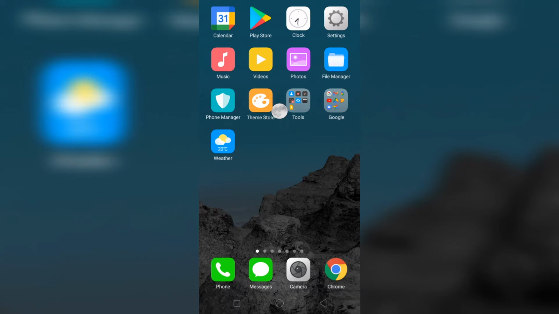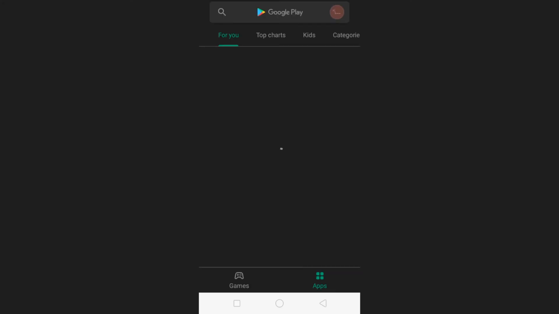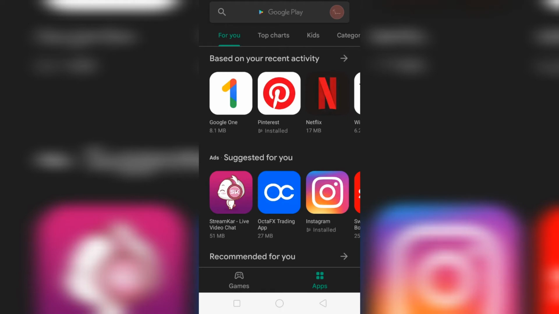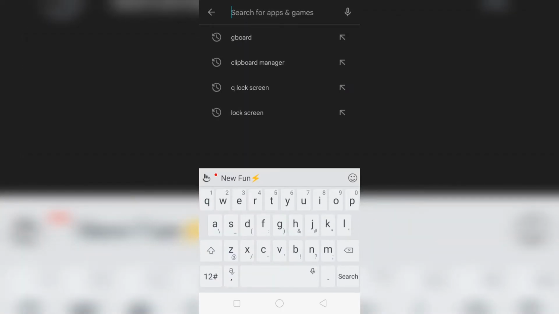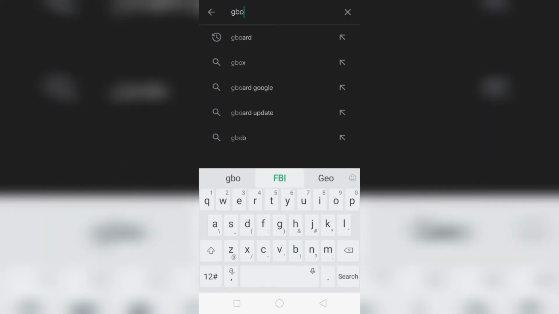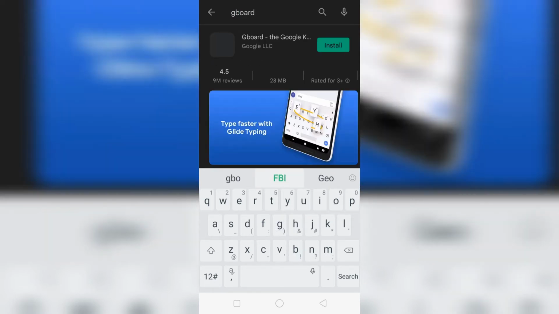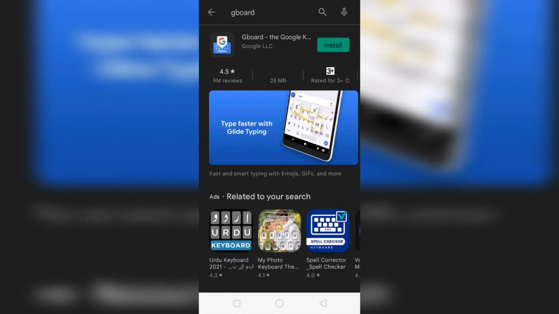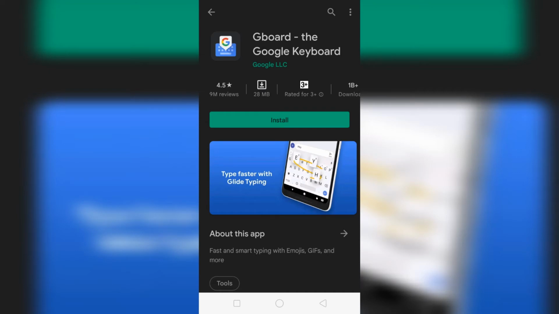So open the Play Store application, tap on the search bar, type Gboard, and open this Gboard, and install this application.